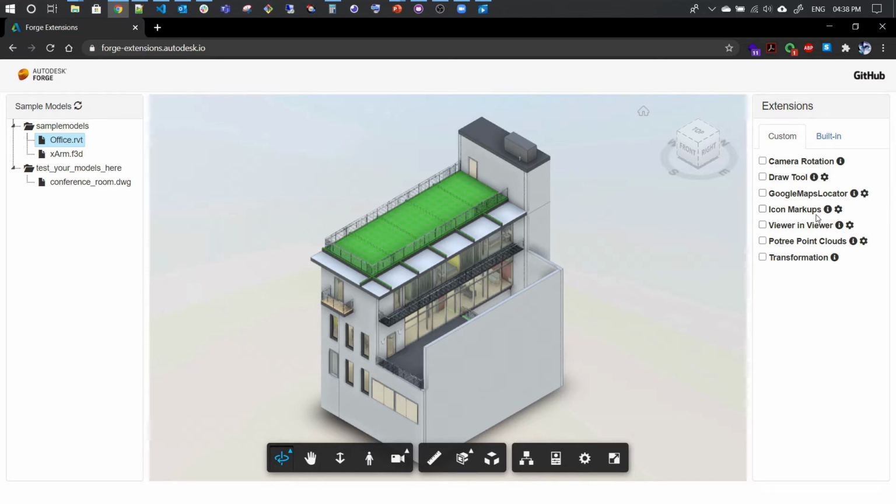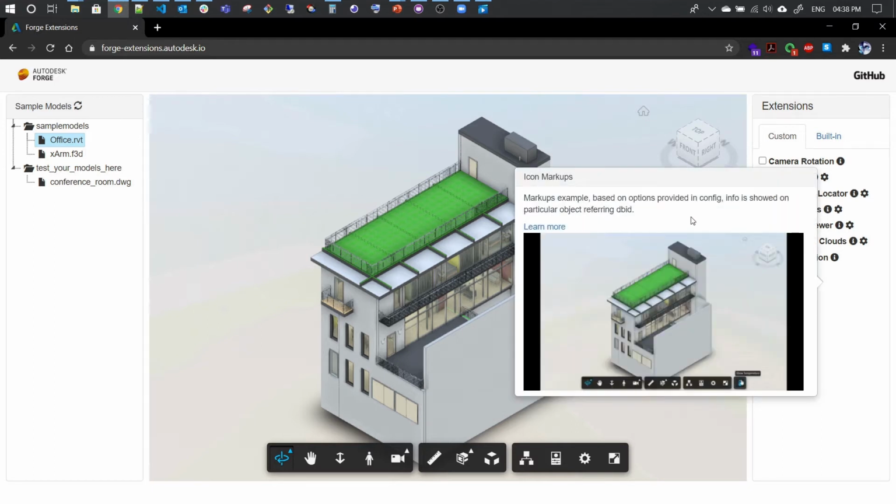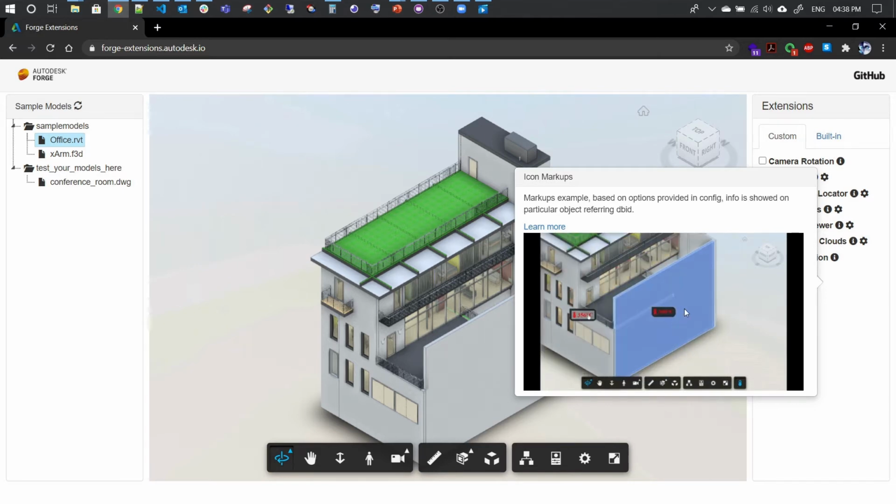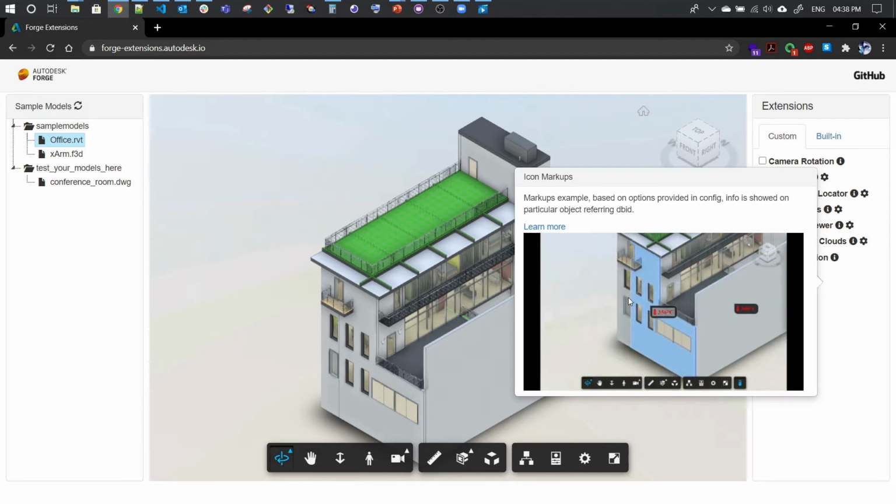Each extension has two associated icons, information and settings. On click of information, we get a description of the extension and a GIF of how it works.